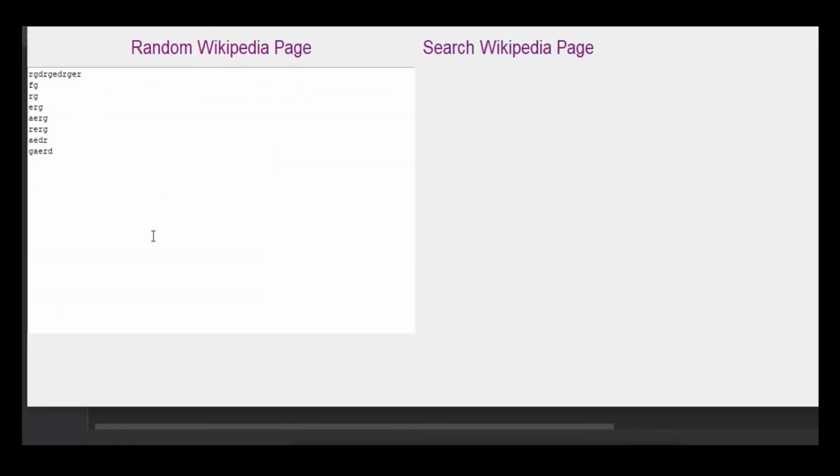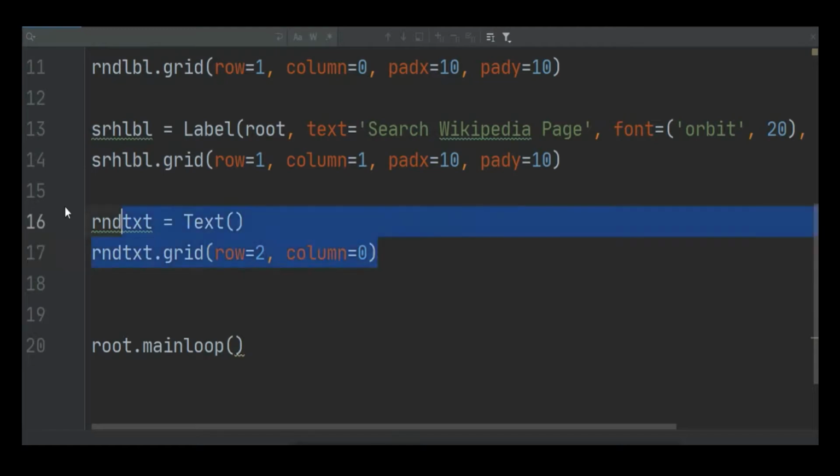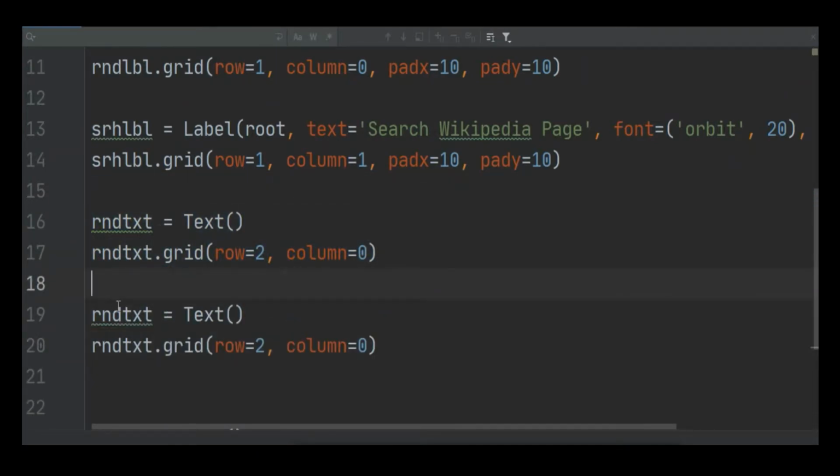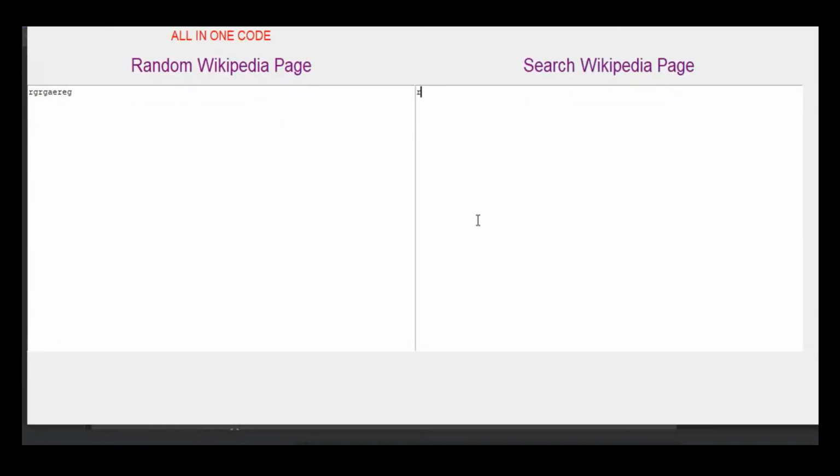I'm going to create a text box for the search Wikipedia page too. I'm just going to copy this and paste it with a different name, srh txt, and then change the column equal to 1. You can see I got two text boxes. You can even change the text box rows and columns too, but I don't need this now. This is okay for now.